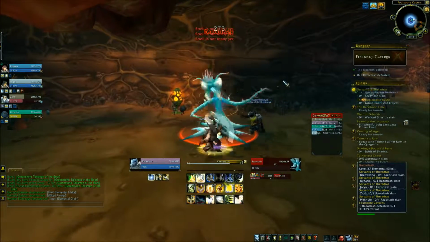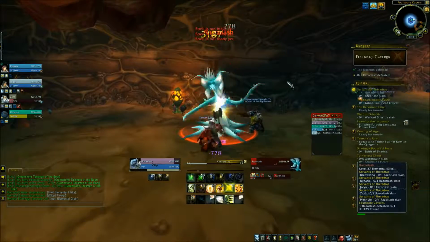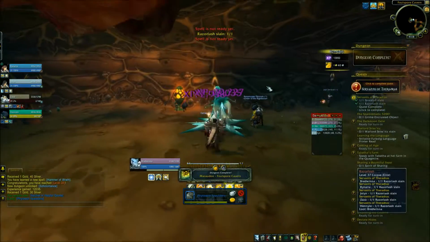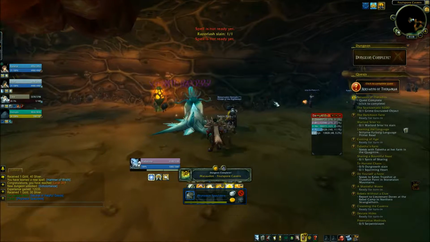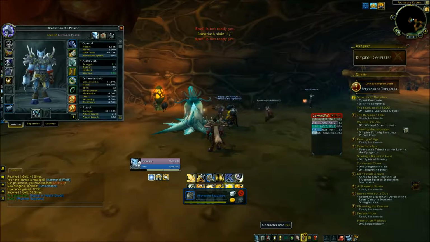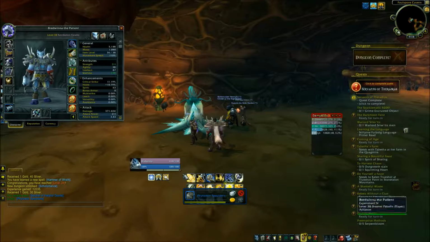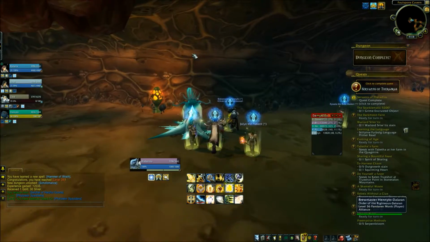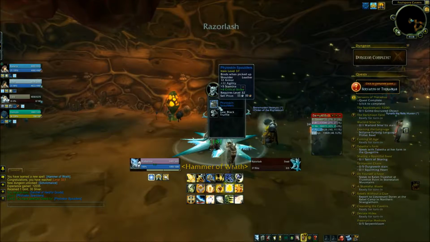And that is just super crazy if you think about it. That just tells you how easy the game is nowadays. I mean, we were level 36. We are now level 38. And pretty much, I think we're just about done with Dustwallow Marsh at this point. Like, you don't even have to...